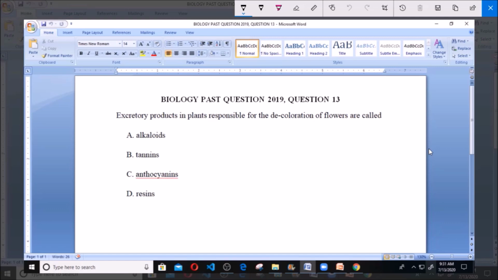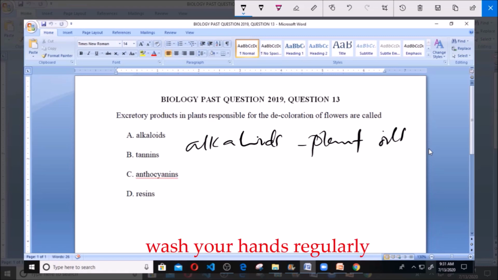Today we'll be dealing with biology past question 2019 and we'll be solving question 13. Excretory products in plants responsible for the discoloration of flowers are called A. Alkaloids, B. Tannins, C. Anthocyanins, D. Resins. Now, what are alkaloids? Alkaloids are plant oils. Although the functions of alkaloids are not well understood by scientists,